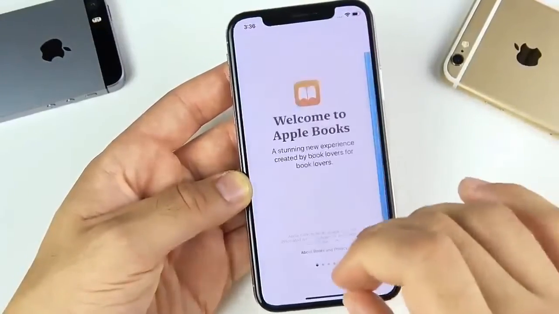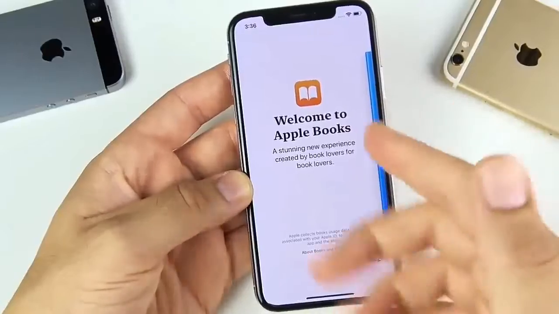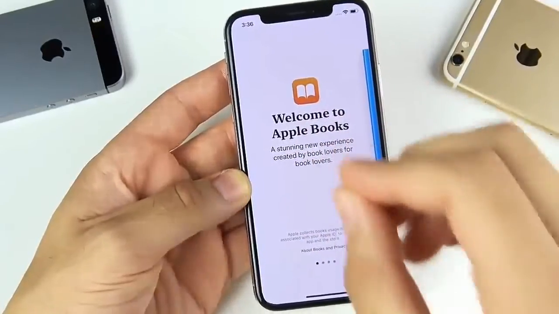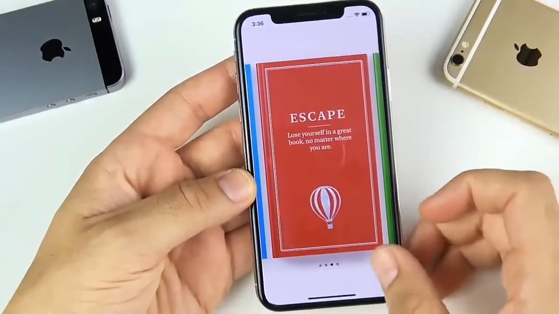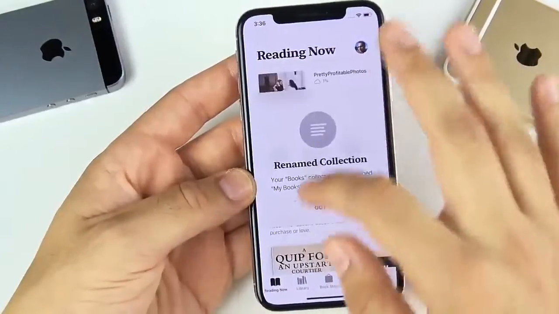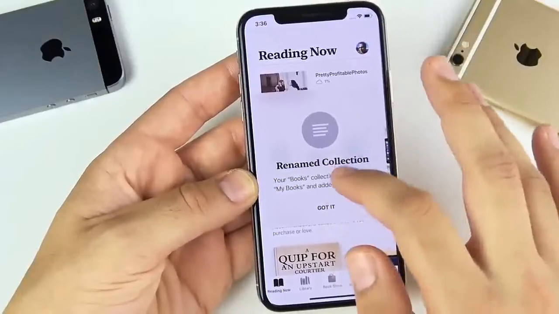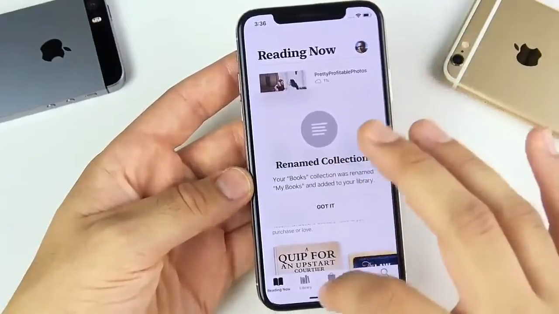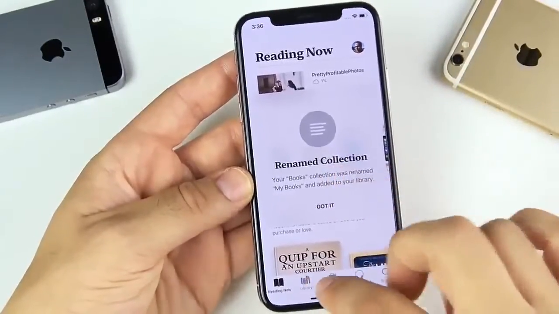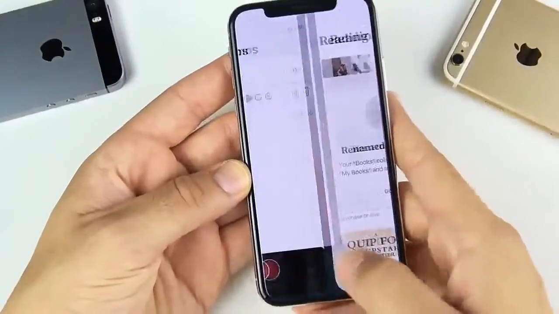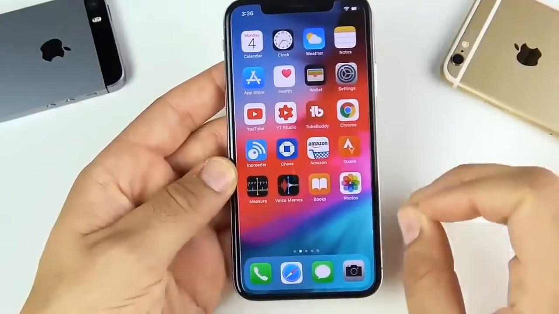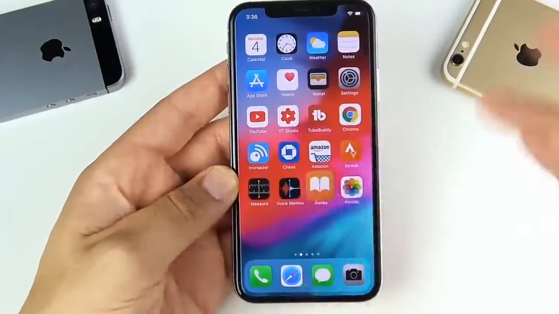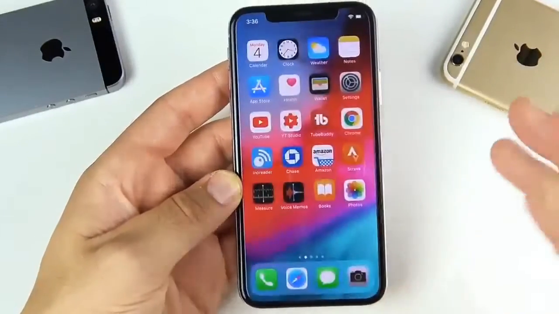And iBooks changes to Apple Books. You can see, welcome to Apple Books, a stunning new experience for book lovers. Now they did say this is the best book reader on the planet. I don't agree. I think that's Kindle, but I'm going to use this a little bit because I love to read on my phone. You can see it's a little bit laggy right now, and I think it just crashed. So you can see this is what comes with the territory when you are using a fresh beta. So I don't recommend installing this right away,